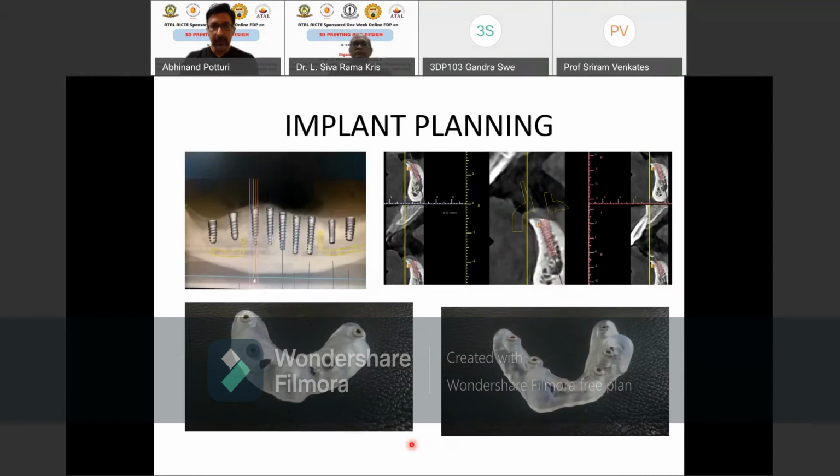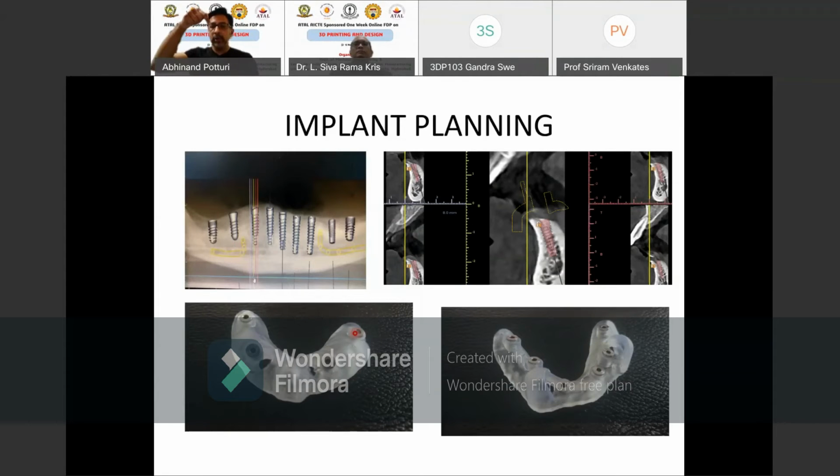3D printing for implant planning. As I told, implants are nothing but dental implants. Implants are something which are put into the bone, so these are screws which are put into the bone, and once they are put into the bone, then we will be able to put teeth onto that, so that they will behave like fixed teeth. For some people who have lost teeth because of various reasons, we put this. Now the challenge is that, see, once the teeth are gone, you don't know where to put these implants exactly, because the bone is so thin and it is three-dimensional.